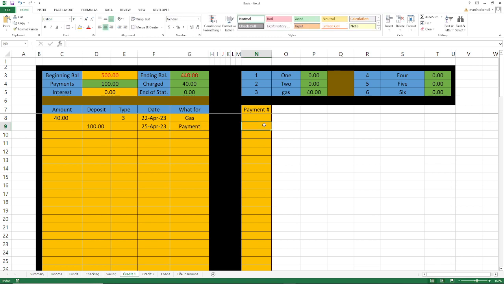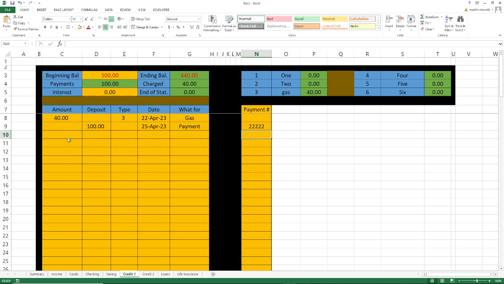Then you come over to the payment over here. When you do a transaction online, they always give you a number or some type of code that says, hey, this is your receipt for your payment. So you put that code in here. Sometimes it's numbers, whatever. So you can keep a quick, easy reference as the payment, when it is, and your receipt number.